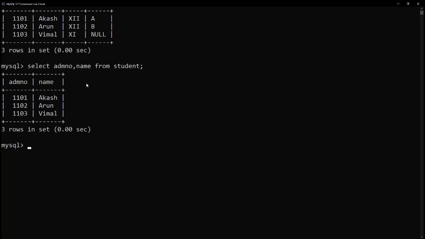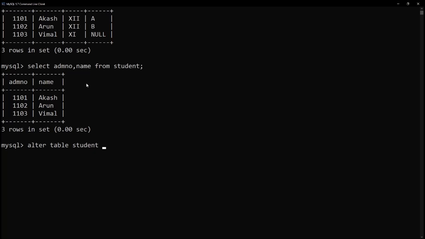Now, you may feel that during creation of a table, you forgot one column. Okay, I should have had a phone number. Now, how will I add it? Which means you're going to change the structure of the table itself. Originally, as of now, your table is having only 4 columns. You want one more column to be added, which means you're altering the structure of the table. And the command for that is alter table. So look at the command: alter table followed by the name of the table, and in our case, the name of the table is student.